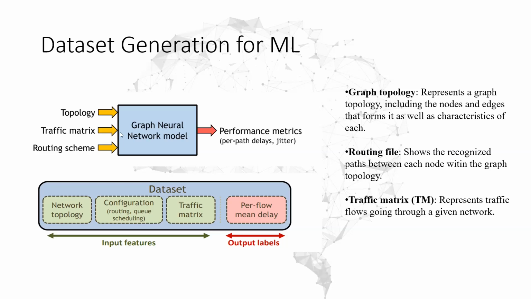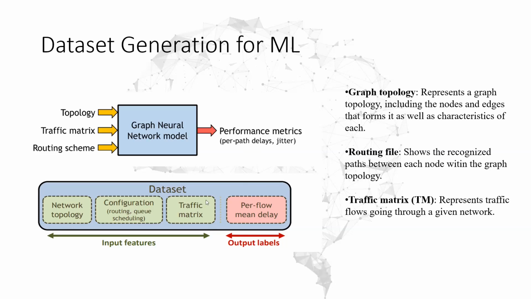The input data will consist of topology, traffic matrix, and the routing scheme that we will give to the input model. The model should consist of a graph neural network, and we can find the performance metrics based on delays or jitter. It depends on our objective: if we are going to find the per-path delay performance of the network, or we can find the jitter. The input features of the dataset consist of the network topology, the configuration, and the